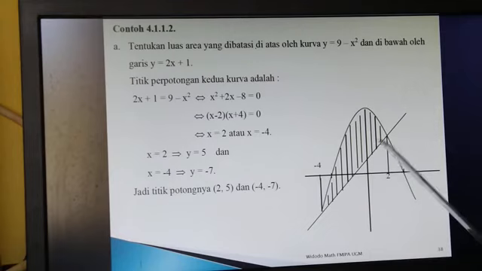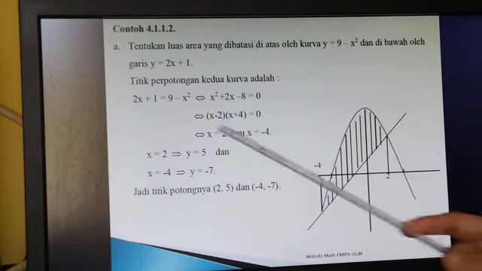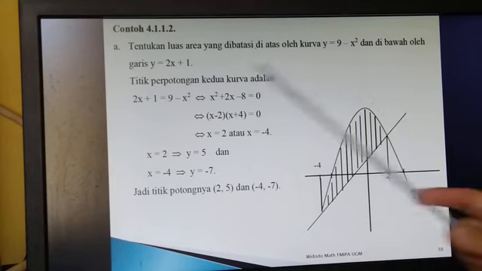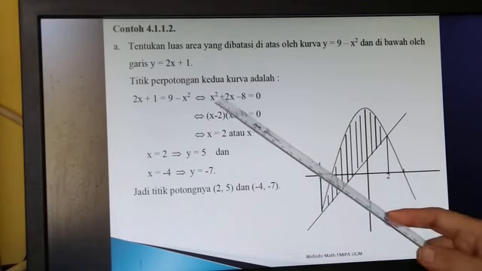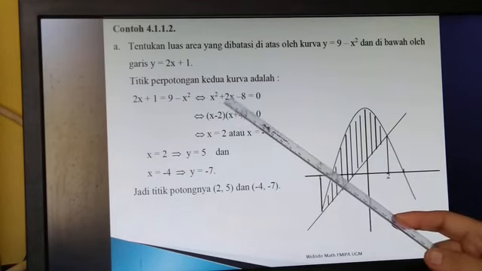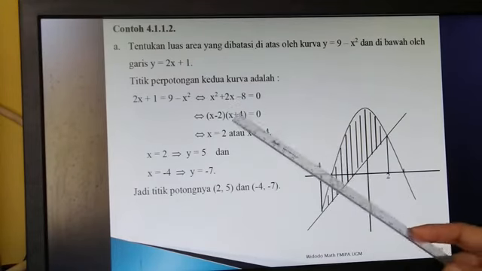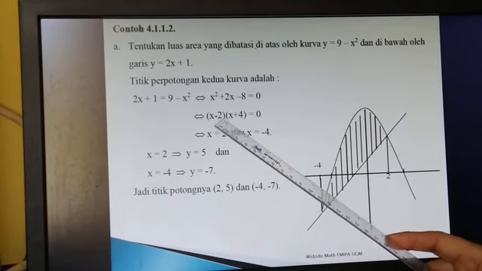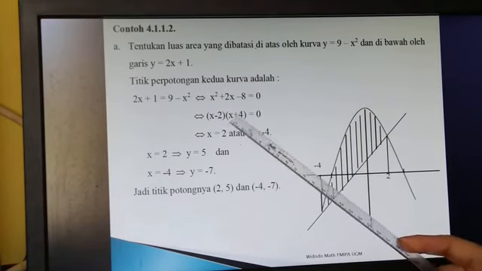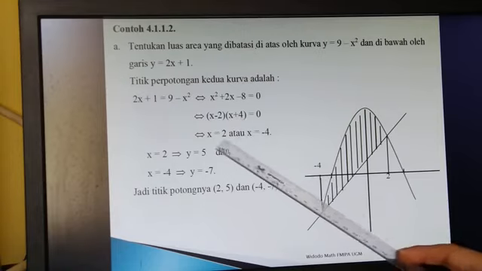For the intersection, we make the equation 9 minus x squared equal to 2x + 1. This is equivalent to x squared + 2x minus 8 equal to 0, equivalent to (x - 2)(x + 4) equal to 0. So this is